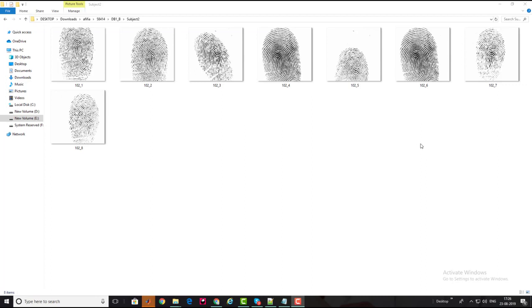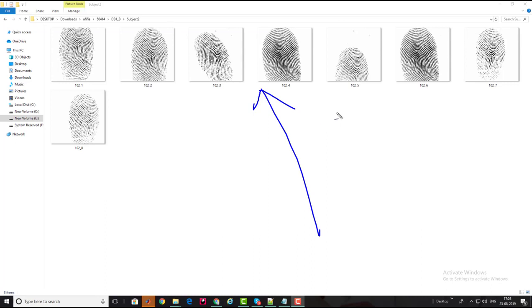Okay guys, so here we move forward, and let me give you an introduction to my dataset. These are the images I have taken from the FVC 2002 dataset, containing 8 samples of each subject.